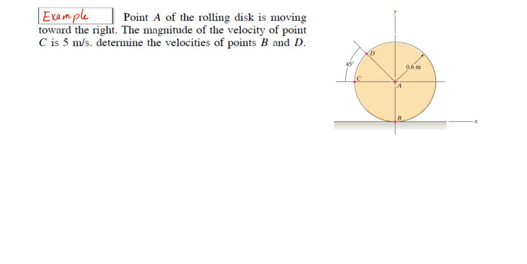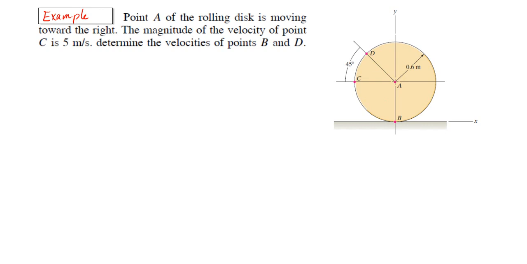Okay, in this example, we have a rolling disk, which is basically moving towards right. We know the magnitude of the velocity of point C, which is on this disk, and we want to find the velocities of point B and D. Now, when we have a rolling disk,